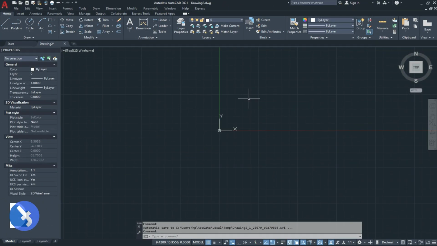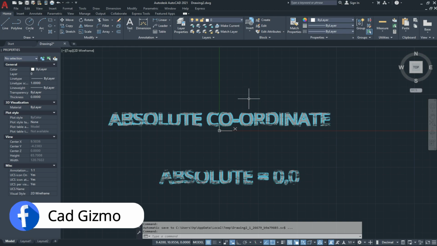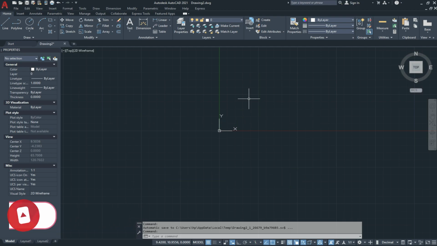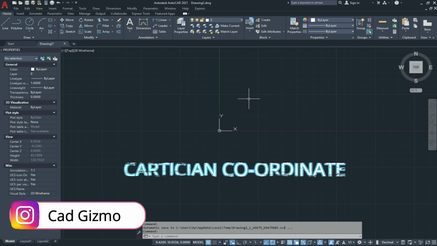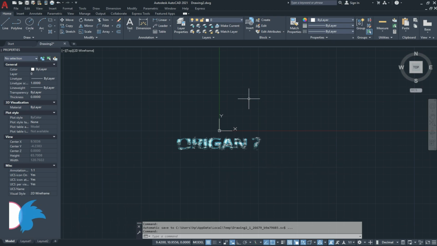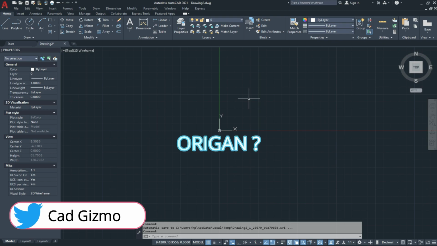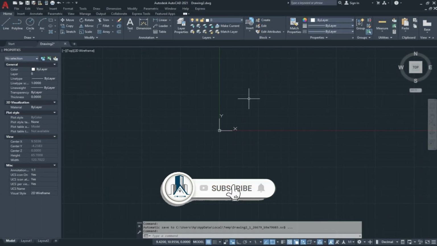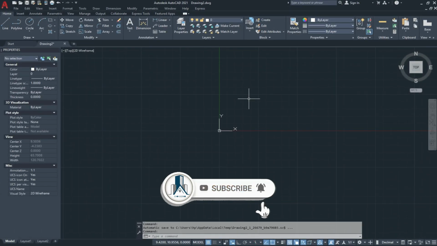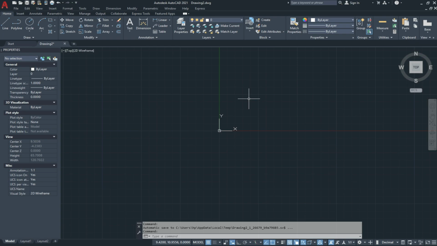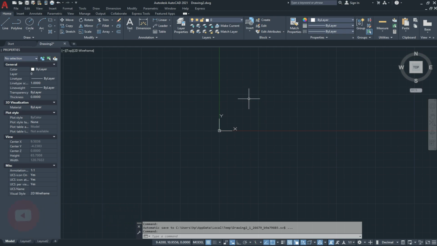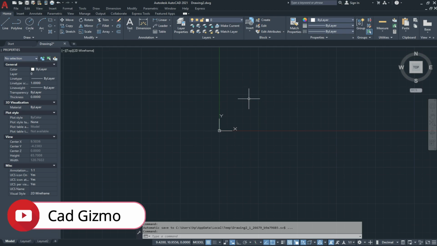So guys, our first coordinate is absolute coordinate system, and absolute means start from 0, 0 or from origin. It is also called Cartesian coordinate system. What is the origin? A point where the scale intersect is called the origin. Friends, most of your time working with AutoCAD will be spent drawing in the XY plane. In absolute or Cartesian coordinate system, every point has an absolute x and y coordinate, and you know where each point is located related to the origin 0, 0 point.